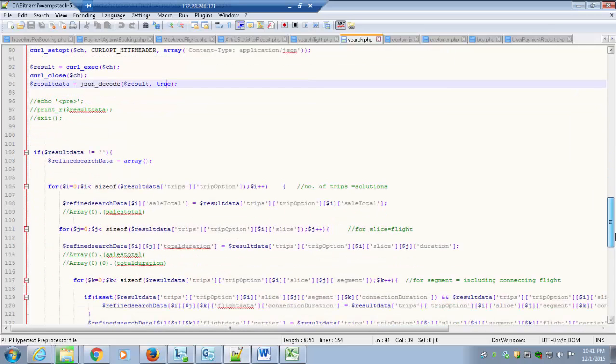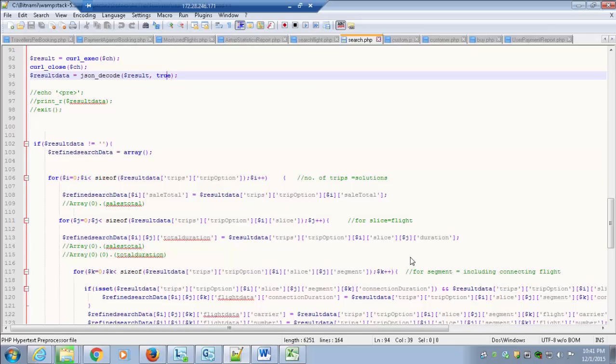What this does is refine all the data in the API. The API has a lot of JSON responses, and we do not want so much information. So just to refine the information, we have used this variable as refine search data.